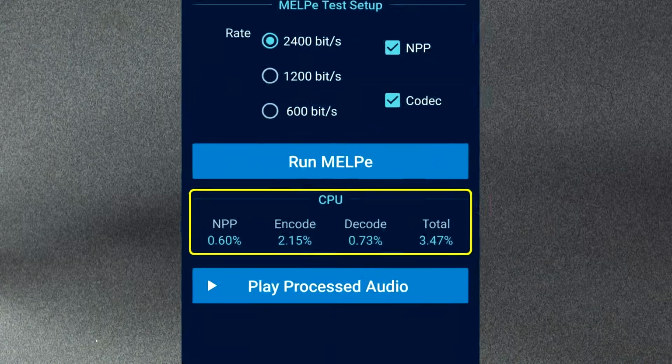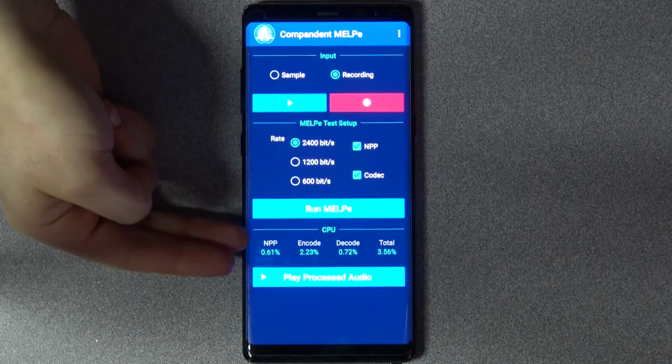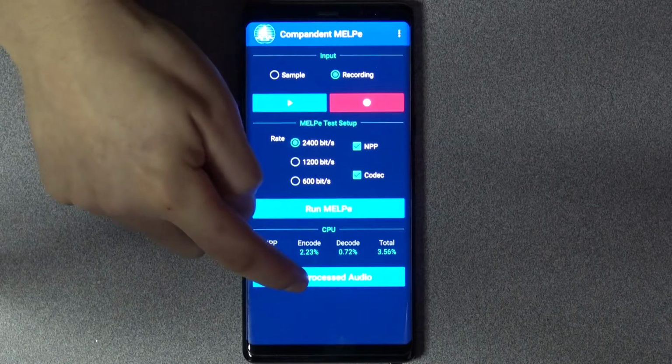Once the processing is completed, as before, you can see the CPU computational percentage of the processing below. And you can listen to the processed file by pressing the Play Processed Audio button.